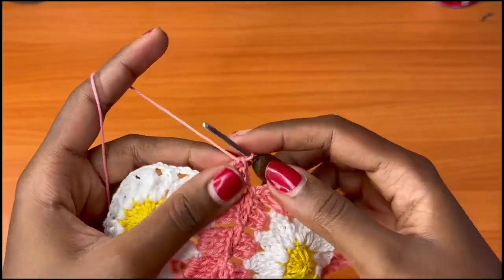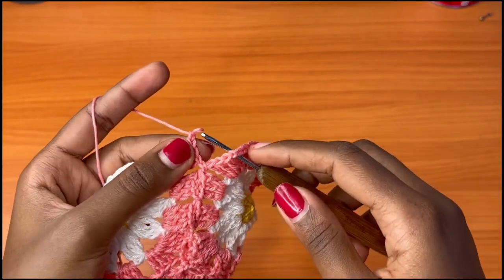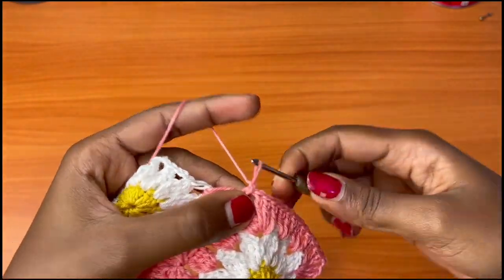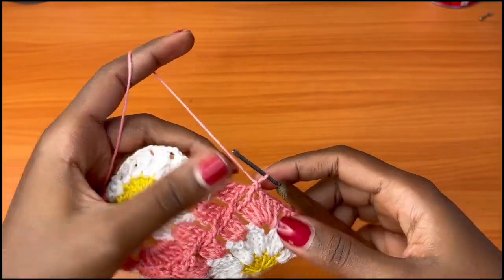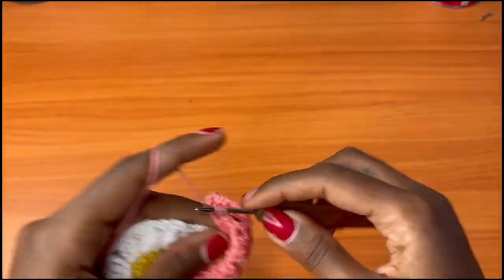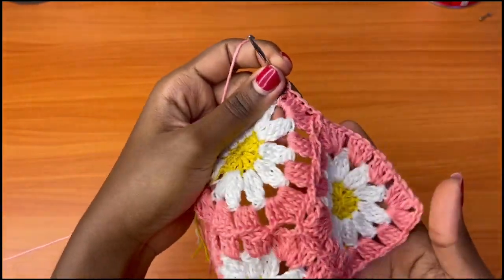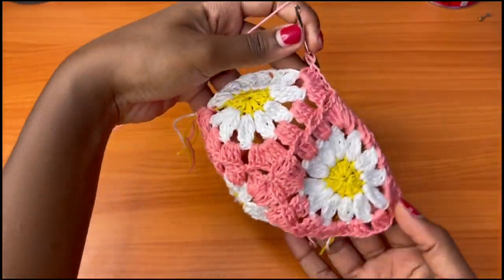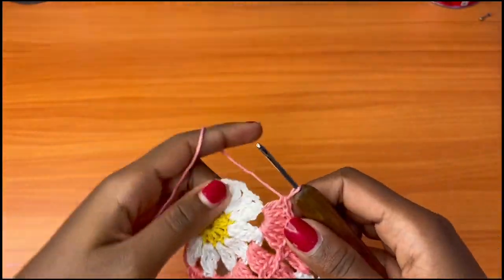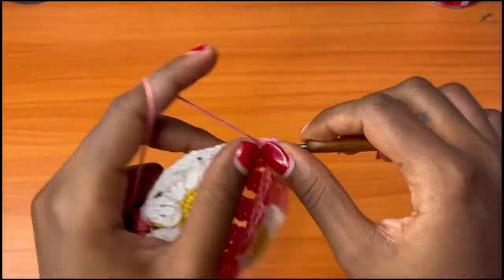So after your 3 double crochets here, you're going to chain 1, remove your hook, go into this corner and pull through, chain 1, and then 3 more double crochets into the same exact space. So at this point we've joined the last granny square to form our bra cup. You can see that. And now we are going to continue, chain 1, 3 double crochets